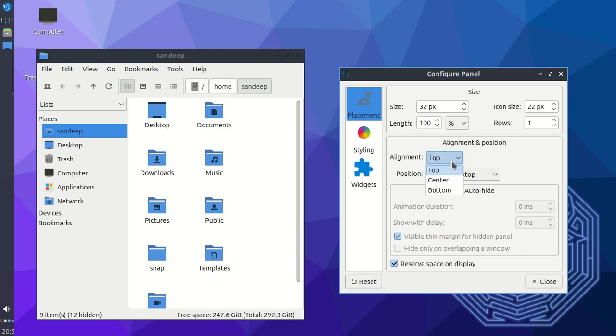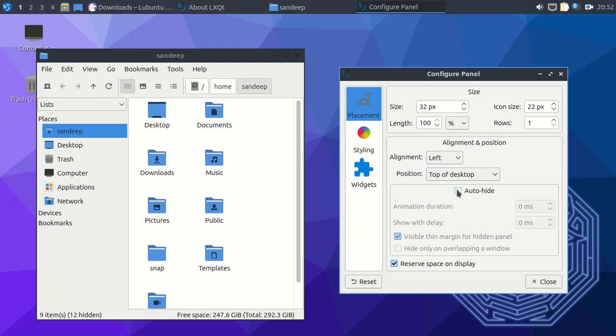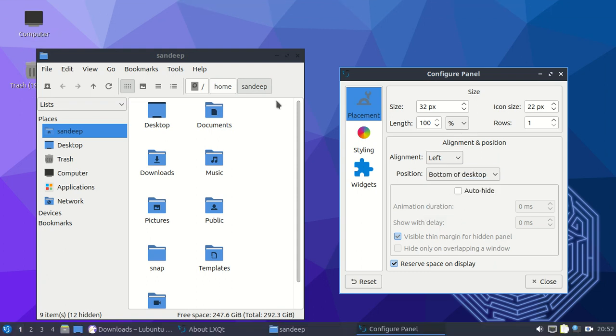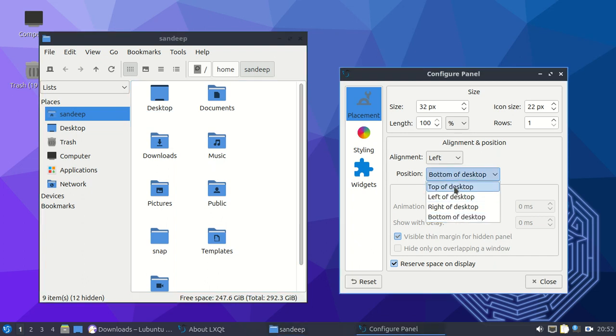Alignment top, alignment center, alignment bottom. No, top is okay. Either you set it on the top or the bottom. I think the bottom is good for this one, because sometimes if you make it on the top,